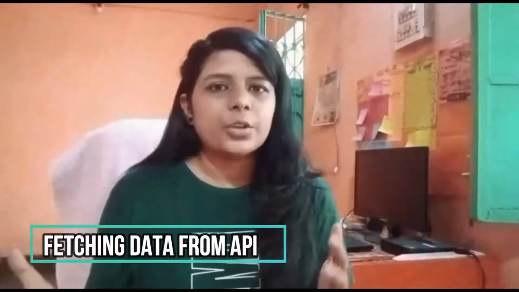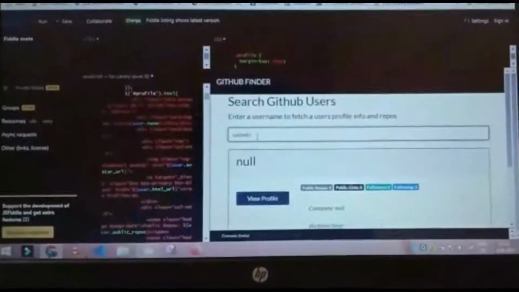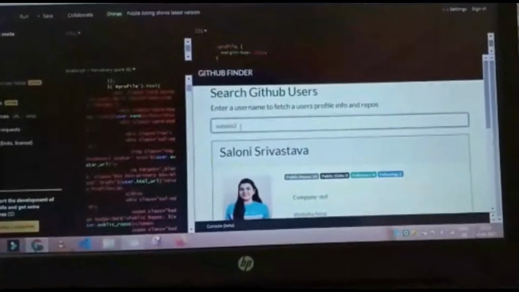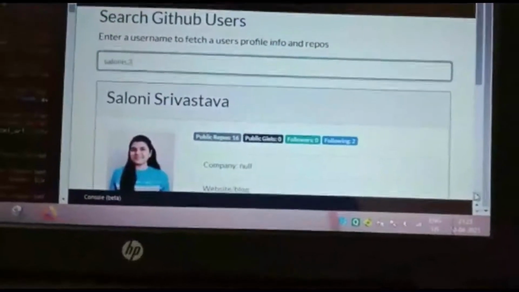So the fifth one is fetching data from a fake API. Once you are done with the four projects I mentioned earlier and you want to move to an industry level of project, or gain that next level of confidence, you can try to build an application which fetches data from an API and displays it to the user. For this, you can make use of a fake API like JSON Placeholder or the GitHub API and display it in a formatted form in your application.